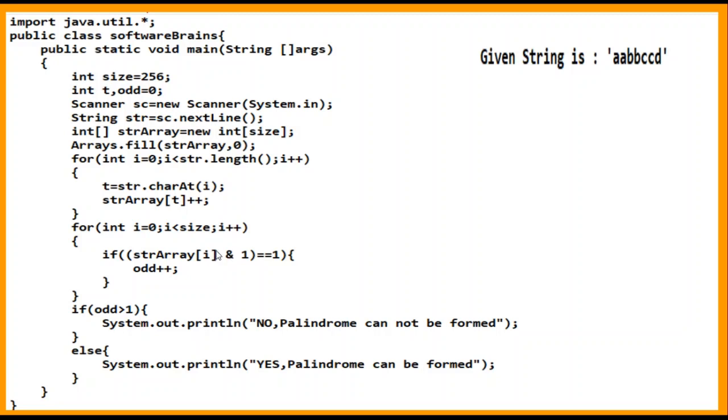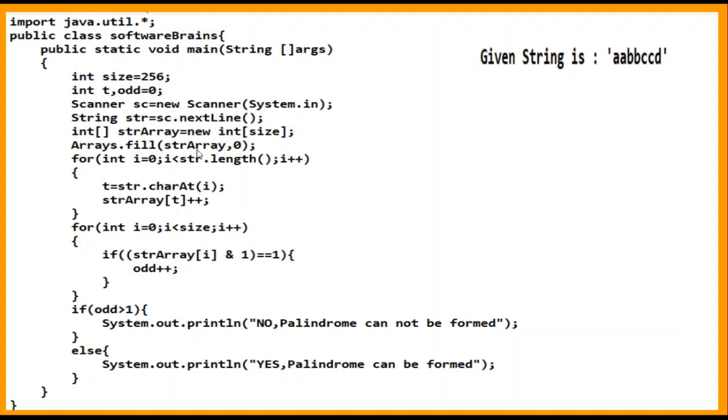It would be true only when 1 and 1, with 1 only it becomes true, that means it gives 1. So if we have 2 here, 2 and 1 would not become 1 and it won't increment our odd value. Whenever the count of the character is 1, our odd variable will be incremented.